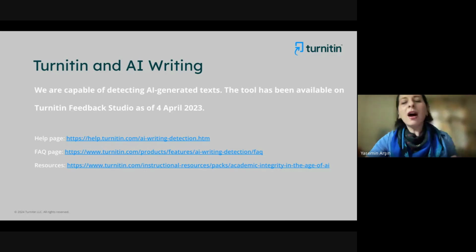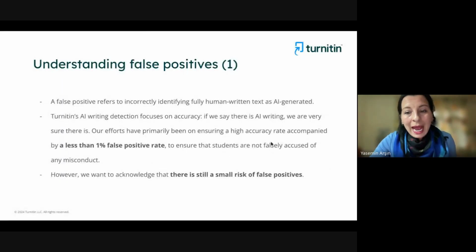I guess I'm done for now about the AI writing detection tool. I will definitely show you a sample. Our AI writing detection tool is highly accurate. Turnitin is quite transparent about the accuracy of our tool. But still, there is a small, minor likelihood of false positives, and we should be aware of them, especially if there is a transition between human written text and AI written text. There might be some false positives.